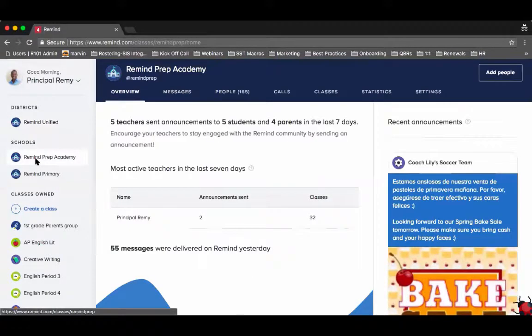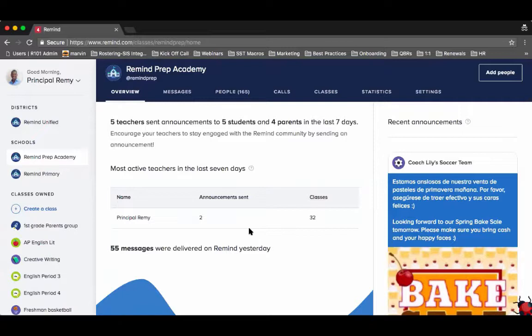And within this overview page, this is a great place to get a quick snapshot of what's happening at your school with Remind. So I can see that there's a top teacher user, a most active teacher, and that might be someone you want to point to help you lead your session, or also ask ahead of time, what are some use cases of Remind? How would you recommend using Remind to teachers so you have an authentic voice in your training